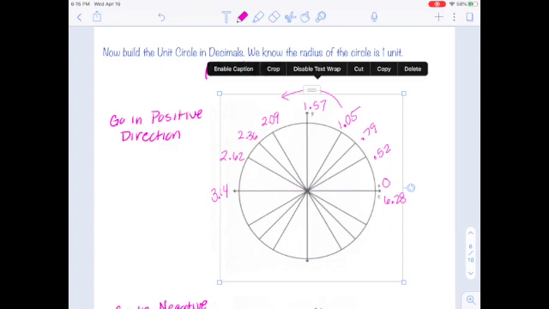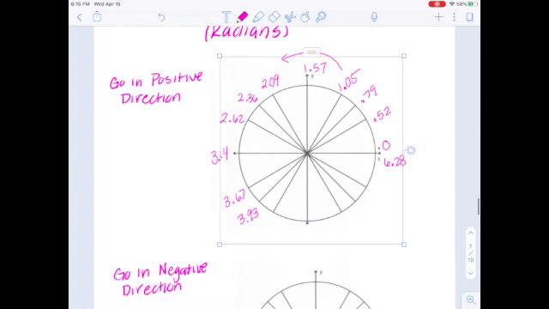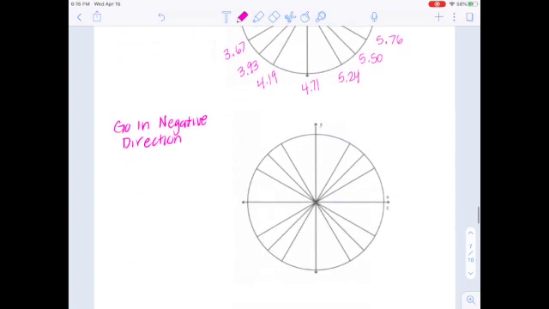Maybe 2.62, 3.14, so then 3.67, keep going, 3.93, having some problems. 4.19, your 3 pi over 2 would be equivalent to 4.71, 5.24, 5.50, and 5.76. So that's all in a positive direction,